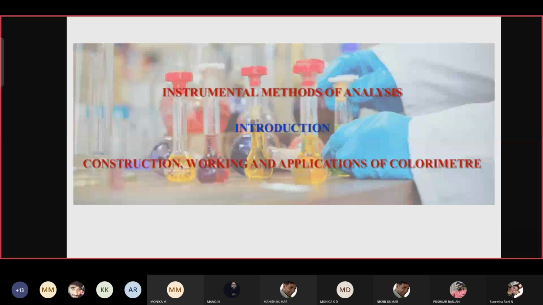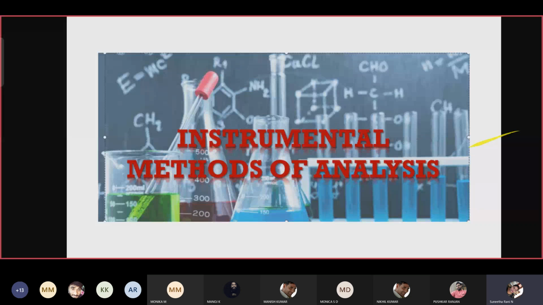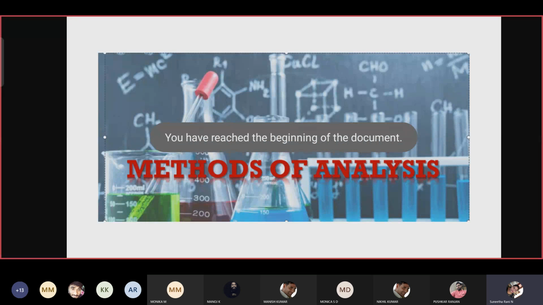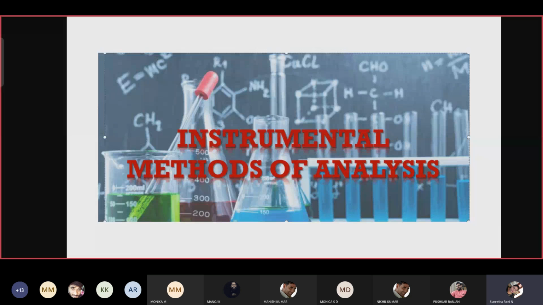Yes, ma'am. Okay. So the first one is instrumentation. When you came for practical classes, you did 3 experiments: conductometry, potentiometry, and pH meter, determination of pKa value of a weak acid. Correct. So it is analysis using the instrument, doing the test, determining the compound. The same experiments will be the theoretical part we are going to study in this chapter. What instrumentation analysis are you going to study?